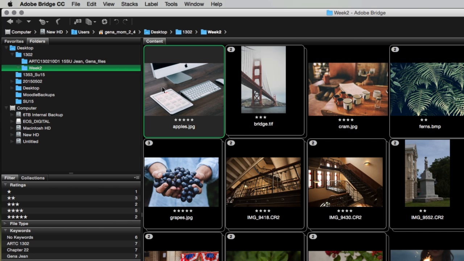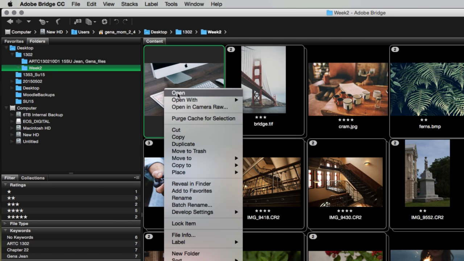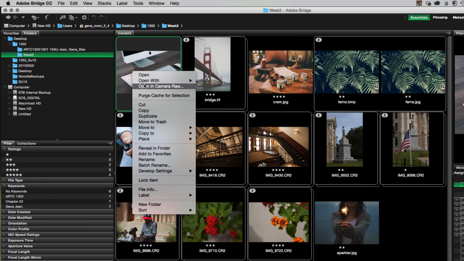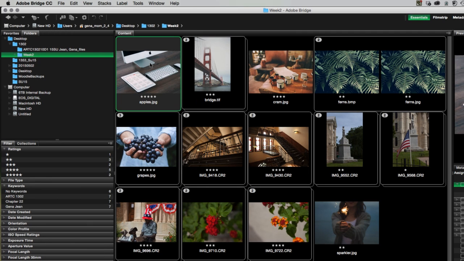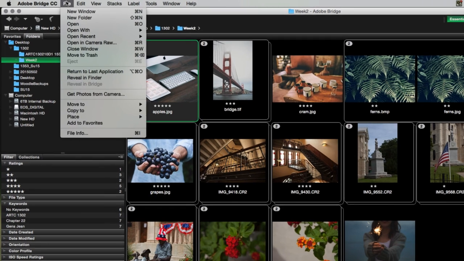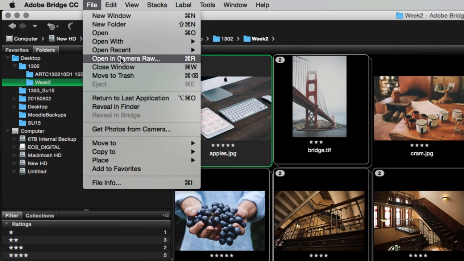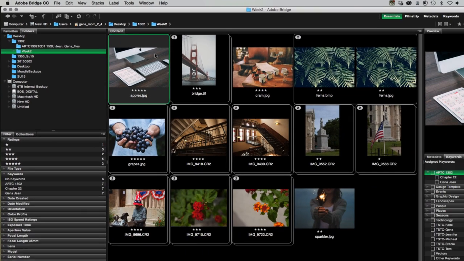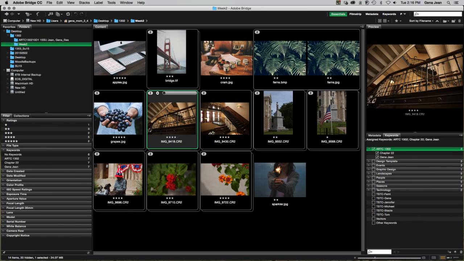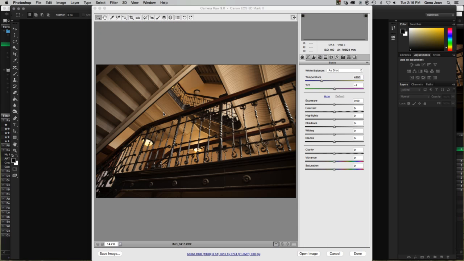You can control-click on the image and select Open in Camera Raw. You can go up to File and select Open in Camera Raw. Or if it's a raw image, you can just double-click on the raw image and it will automatically open in